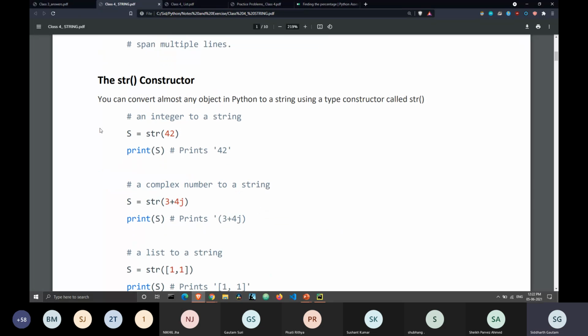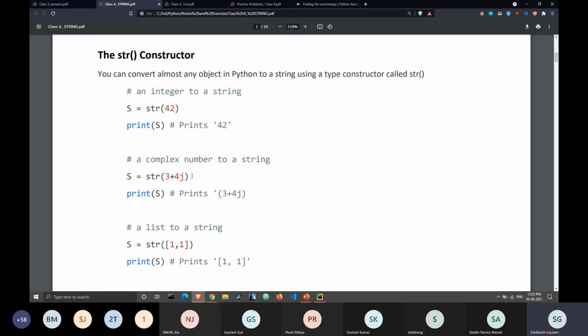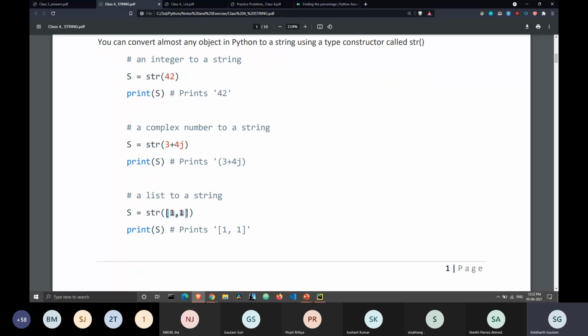And then there's the string, the converter to string. Let's say 42 is an integer, right? But when you use the string function on the integer 42, that 42 turns from an integer to a string, right? Similarly, we have a list here, but when we use a string function on the list, that means the entire list, including the commas, the elements, the square brackets, the entirety of that thing turns into a string of text.